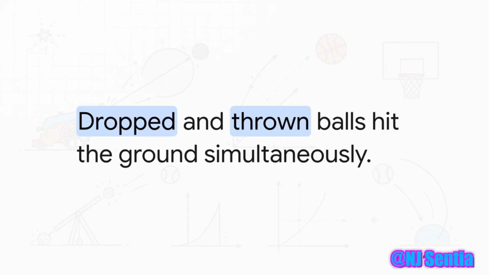To really see this counterintuitive reality in action, just picture yourself standing on a rooftop. In one hand, you drop a ball straight down. At the exact same instant, with your other hand, you throw a second, identical ball perfectly horizontally as hard as you possibly can. Which one hits the ground first? Astonishingly, they hit the ground at the exact same moment. That massive sideways push you gave the second ball has absolutely zero effect on how quickly gravity pulls it downward. They complete their vertical fall in identical time. No way, right? But it's true.